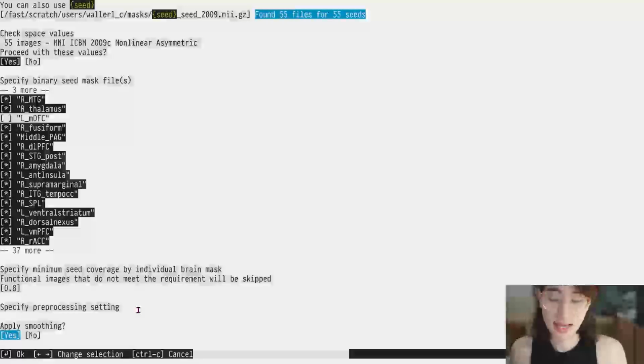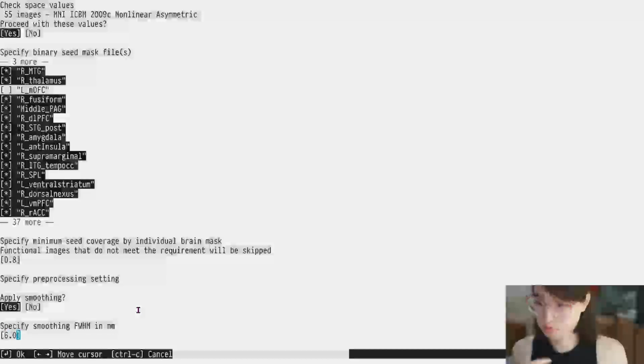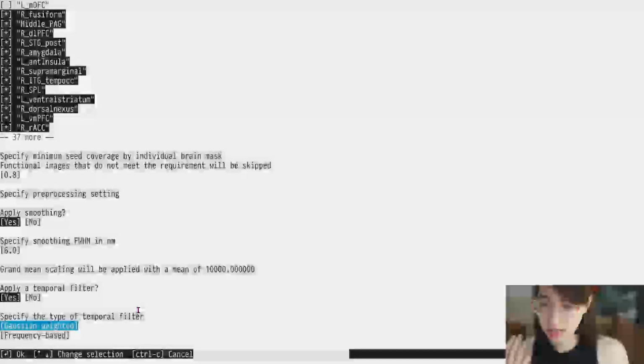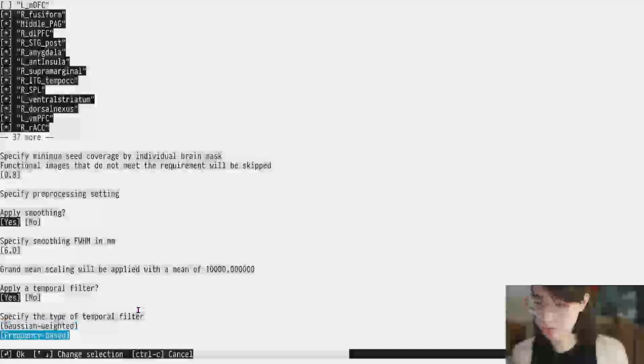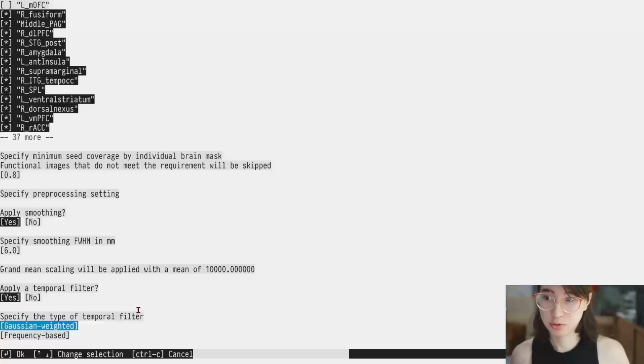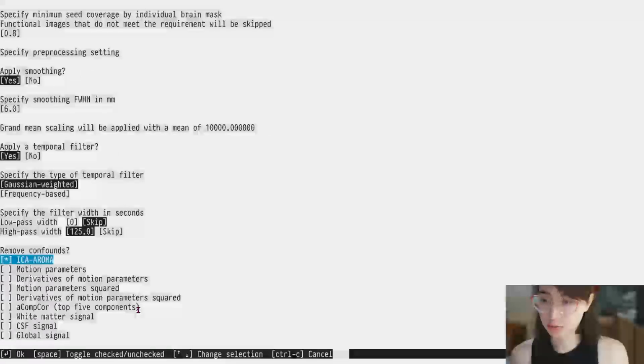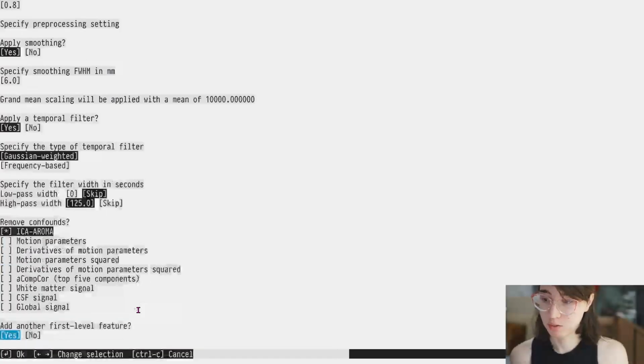I'm going to again go with the defaults, but I could change these. So 6mm smoothing. I'm going to apply a temporal filter. And in this case, I actually get more choice, so I can also choose the frequency-based one. We disable that for task-based data because we think it's good to nudge people to make good choices. But I'm going to again go with the Gaussian weighted filter and the default of 125 seconds, just to be consistent between my resting state and my task analysis. I'm also going to use ICA-AROMA. Press enter. And now I'm finished setting up,